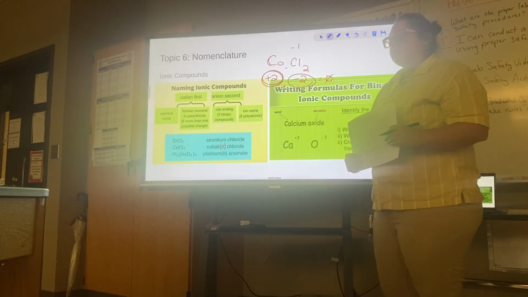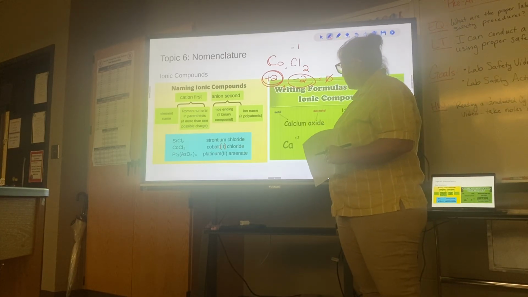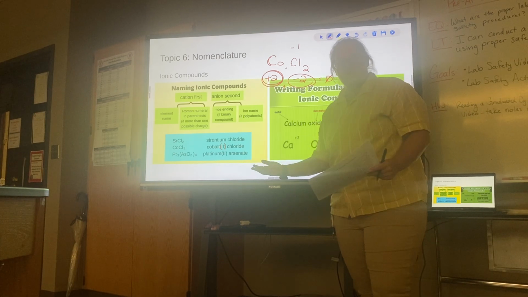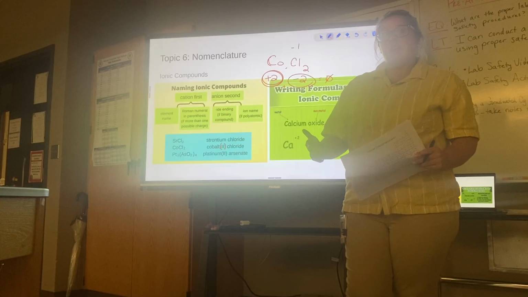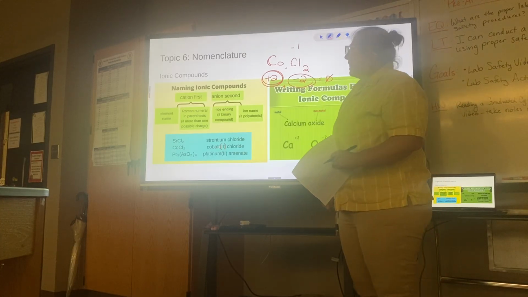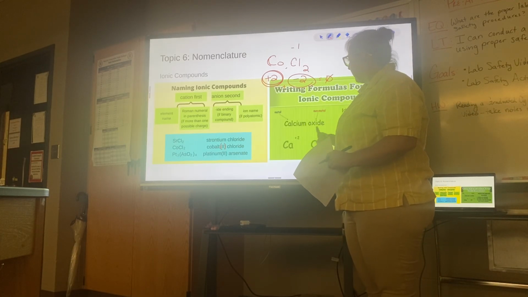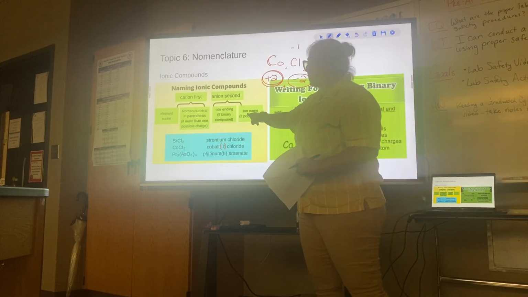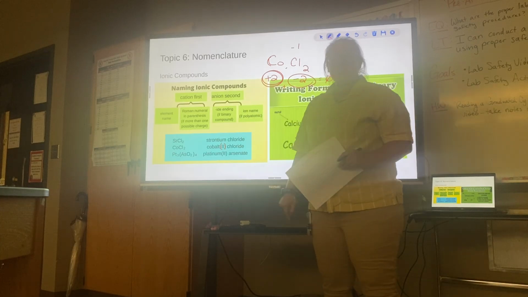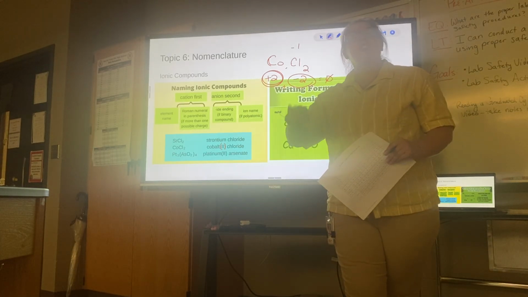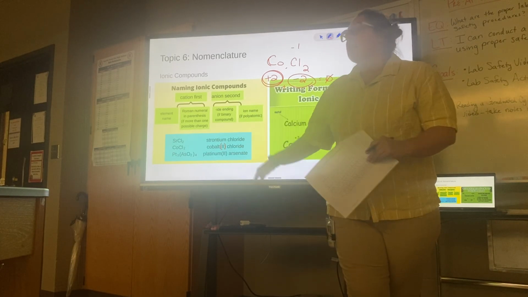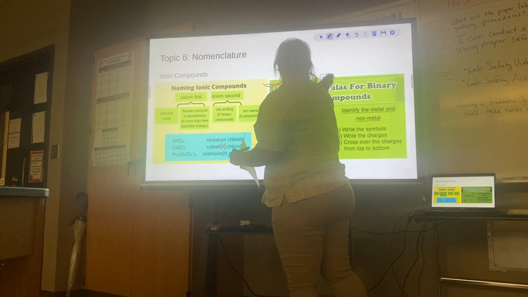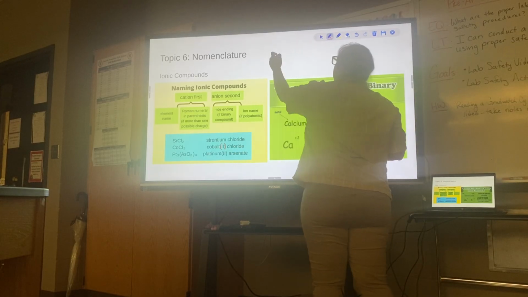Sometimes your compound will have a polyatomic ion in there. So remember, that's the beginning of the video where we have polyatomic ions that we have to memorize. If there is a polyatomic ion in your ionic compound, then we just give the name of the polyatomic ion. We do not change our endings to "ide." Let me give you an example of this one. So let's say we have